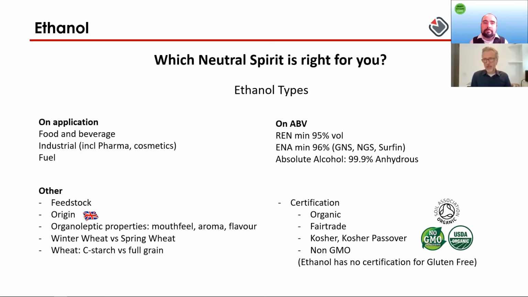What happens then is that the wheat is sown in autumn, then it grows a little bit, and then we have the vernalization process. So over the winter, the plant goes to sleep, if you like, or pauses, and then in spring, it starts growing again. The result is that you have a higher yield. There's more starch and sugars that can be extracted, so it's quite popular for ethanol production. There is some spring wheat in the UK as well, but this is only grown for a particular reason, sometimes for cosmetics